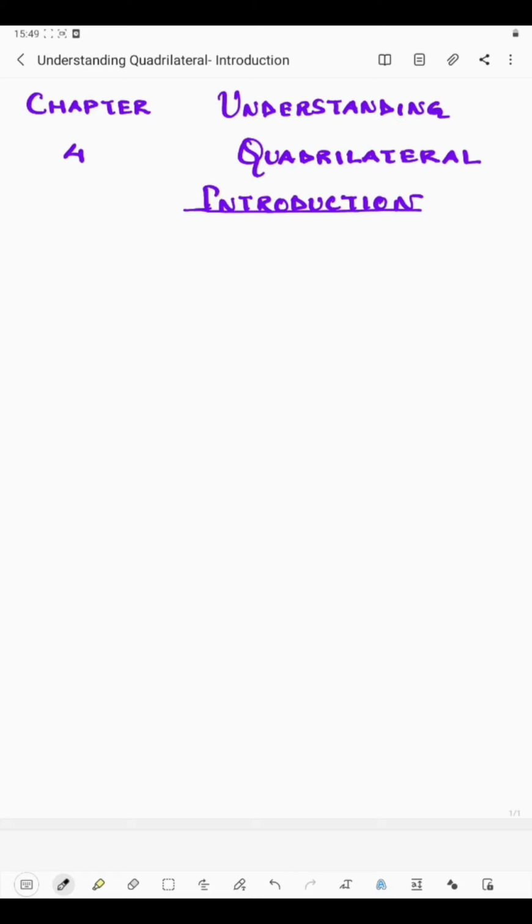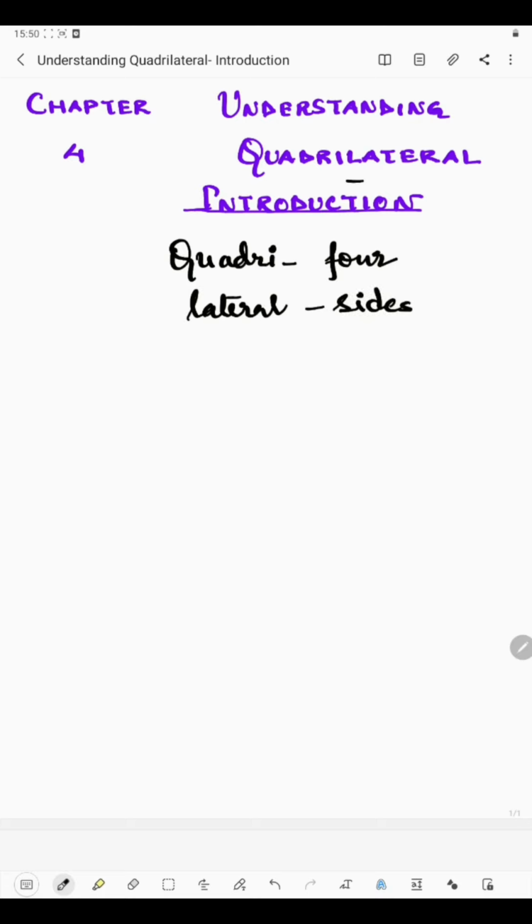Now what do you mean by quadrilateral? Quadrilateral comes from the two words quadri and lateral. Quadri means 4, and lateral means sides. So quadrilateral means having 4 sides. If you look around yourself, then you will find parks, ceilings of buildings, floors, walls, windows, tables, all in the shape of quadrilateral. The quadrilaterals are trapezium, parallelogram, rhombus, rectangle, square.